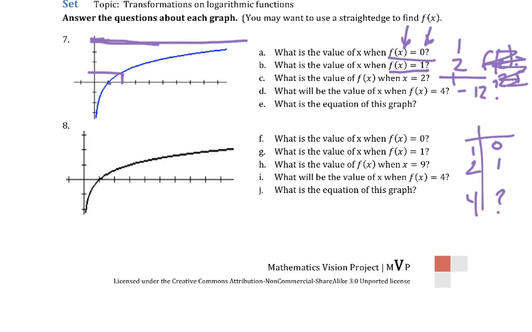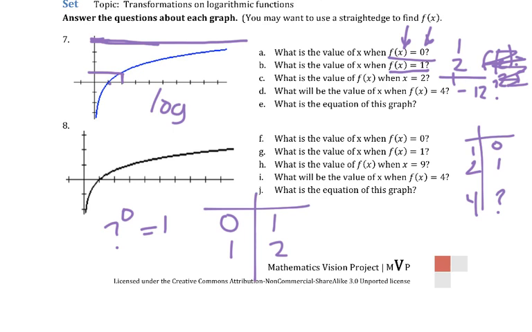Okay? So we need to figure out what the equation of this graph is based off of this information. Well, we know it's going to be a log. Okay? So let's flip that around. If I have 0 to get to 1, so what power to the 0 would equal 1? That could be anything. That doesn't help me. When I have 1, I get to 2. So that would be 2 to what power? The power of 1 gets me to 2. Would have to be 2. So I have log base 2